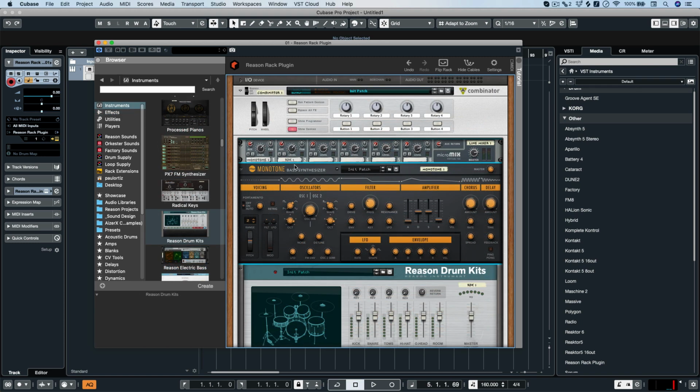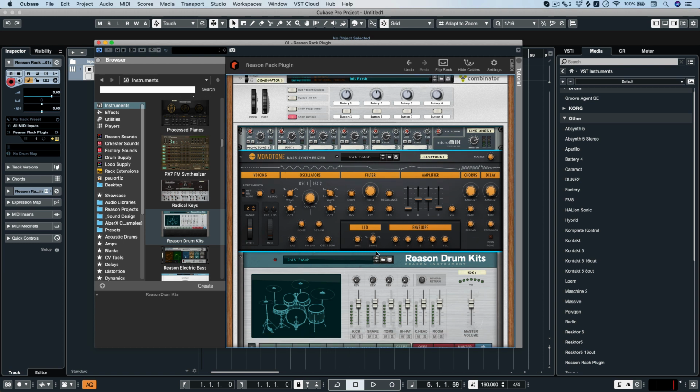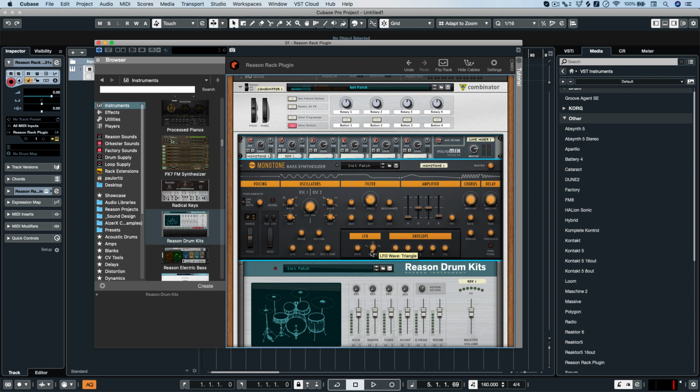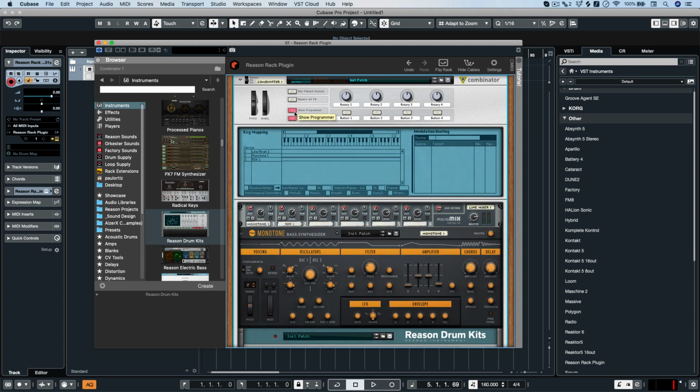I could even create key splits. So for instance, I have a Monotone and the Reason Drum Kits rack loaded in. Now, by default, they're just going to play at the same time, which sounds pretty goofy. But if I open the Programmer, I then have control over the different layers within the